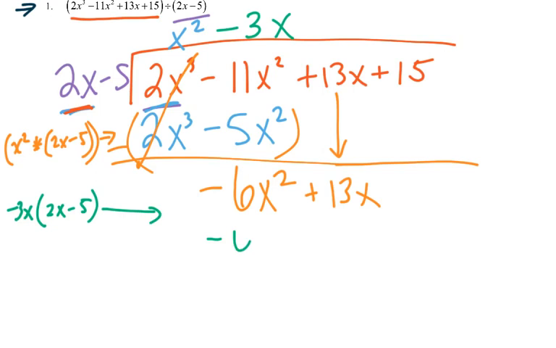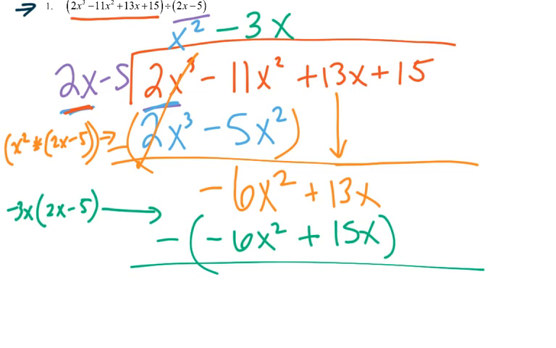We get negative 6x squared plus 15x. Remember, we're then going to subtract this whole thing from what we have. So negative 6x squared minus negative 6x squared is 0. 13x minus 15x is negative 2x. Bring down our last digit,